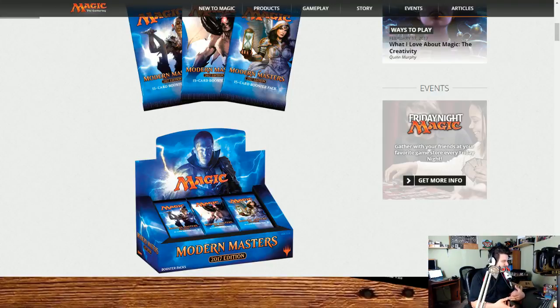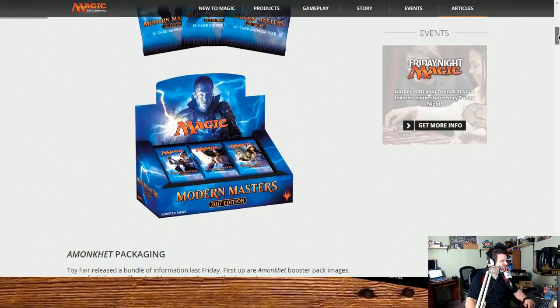So unlike the other sets where I think it's 1 in 6 that you get a foil, in Modern Masters there's a foil in every pack, which obviously everyone's always looking to get the Mythic Rare. In the past, it's been, did you get the foil Tarmogoyf lottery type of thing? But the one conspiracy theory or idea of this set that kind of got me going, that's an interesting concept,